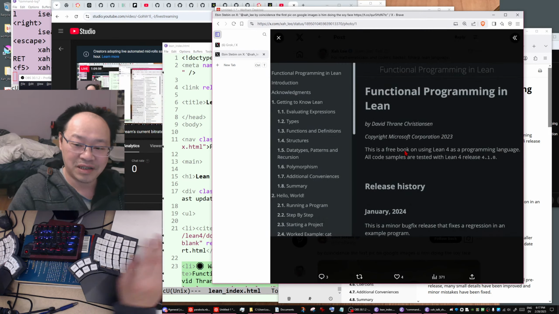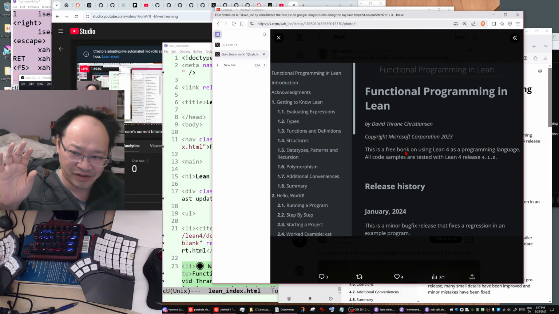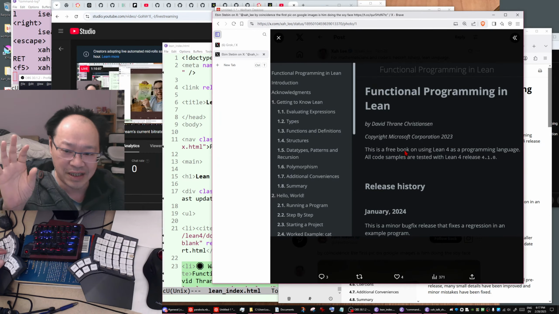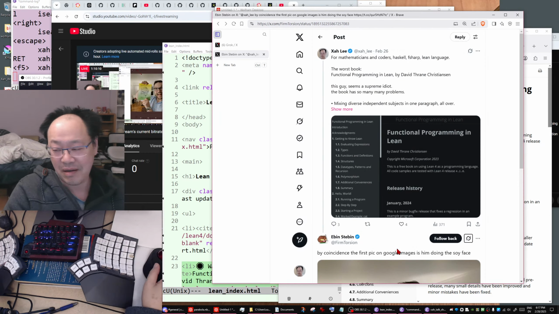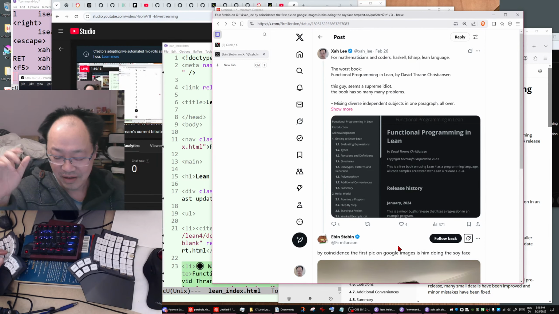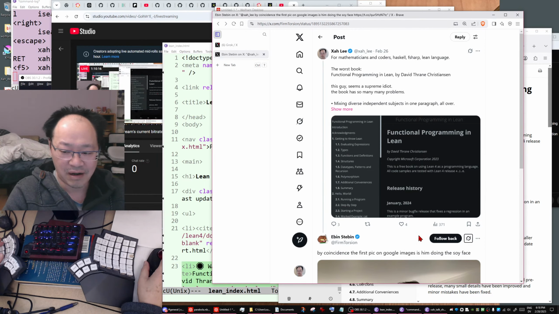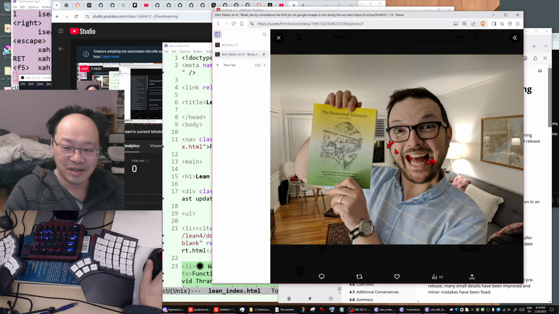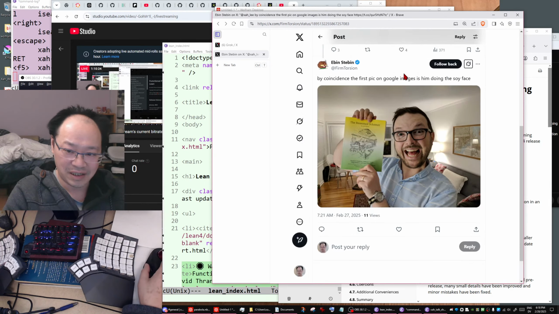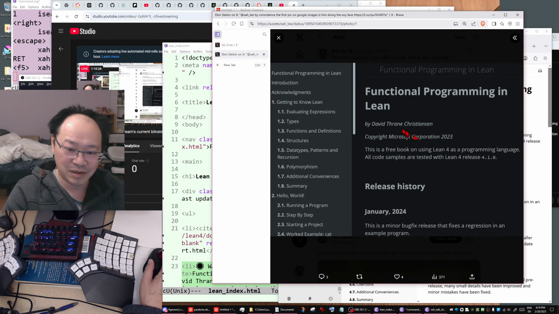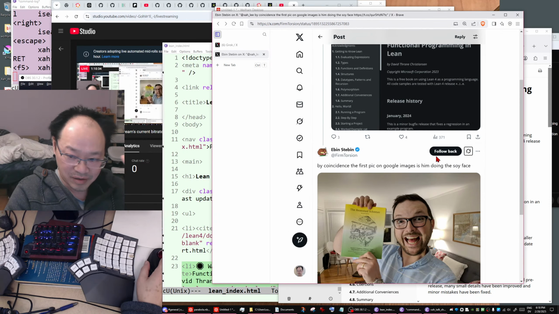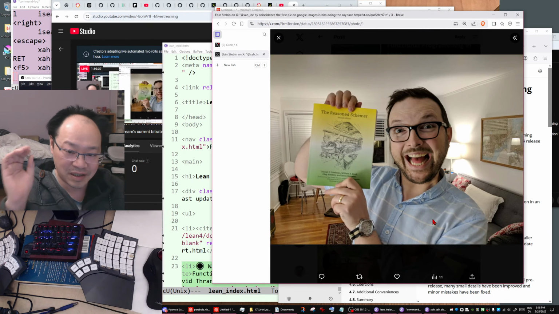Yeah, here is where I criticize this. This is the worst book, Functional Programming in Lean. Extremely idiotic, offensive to my eyes. I can tell you because I'm kind of an expert on documentation and technical writing. So this guy, I read. I'm trying to learn Lean, so I read his book. I started to. It's completely idiotic, like brainless. But I know, according to the introduction, he wrote The Reasoned Schemer.